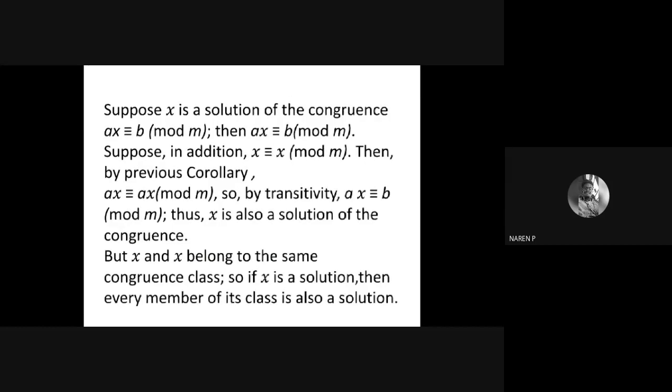Just see a brief part of the solution of the linear congruence. The general form of the linear congruence is ax congruent to b mod m. Here x is the solution of the congruence. So you know very well. Suppose x naught, suppose x naught